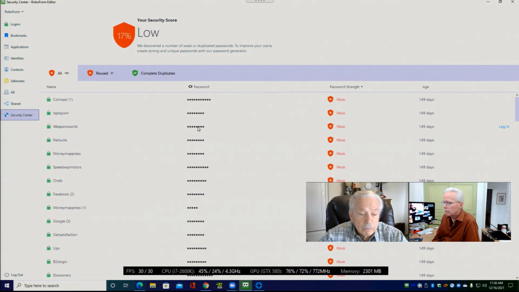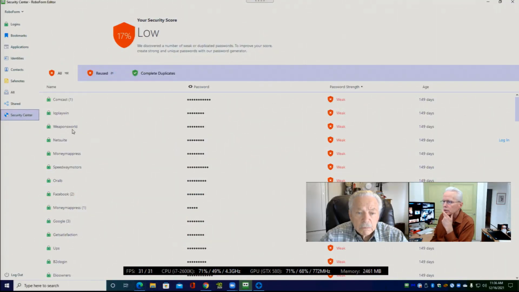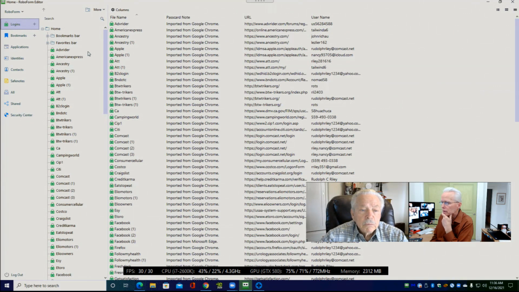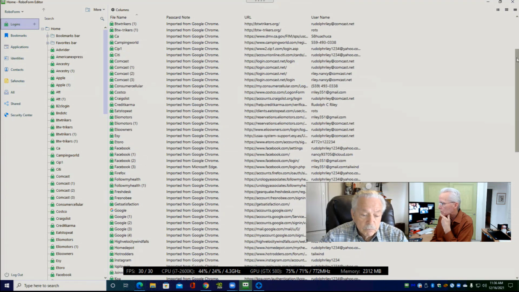And on this screen, it doesn't look like we even have a way to display what that password is. If we wanted to see that password, we'd have to go, I think, to this logins, and I'd like to go look at that. So let's go over here and see if we find Weapons World.